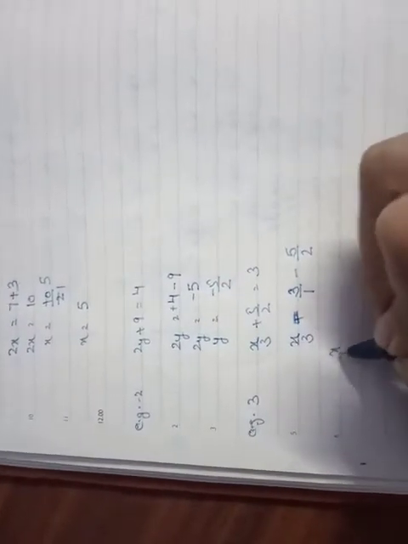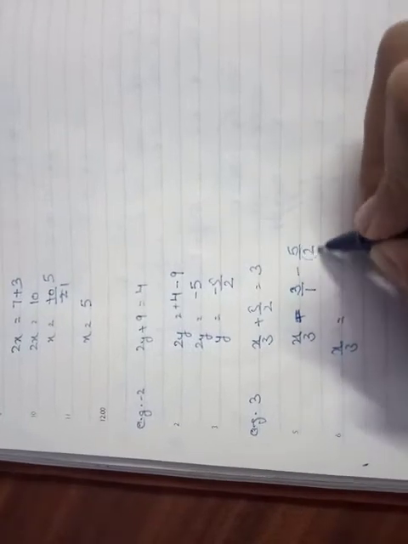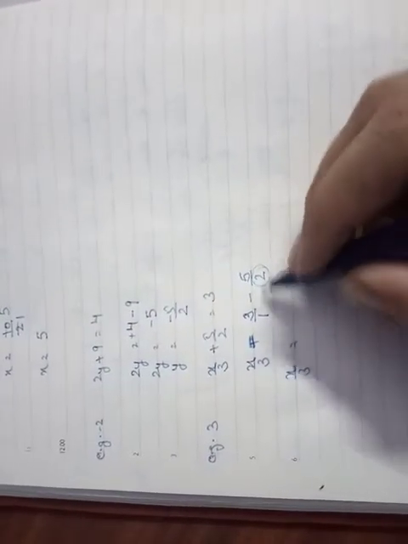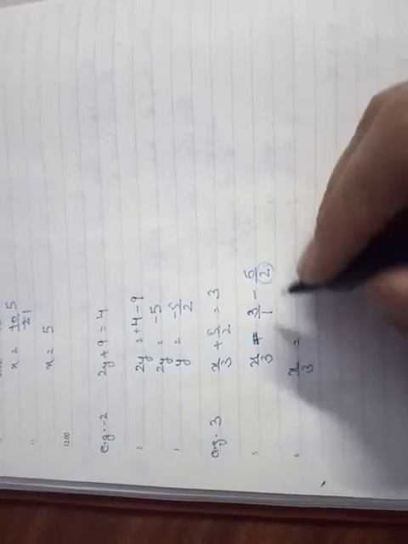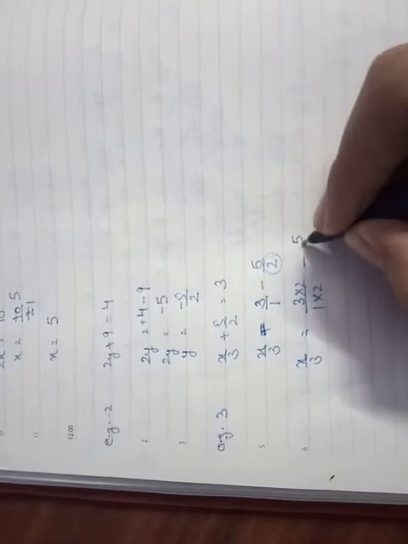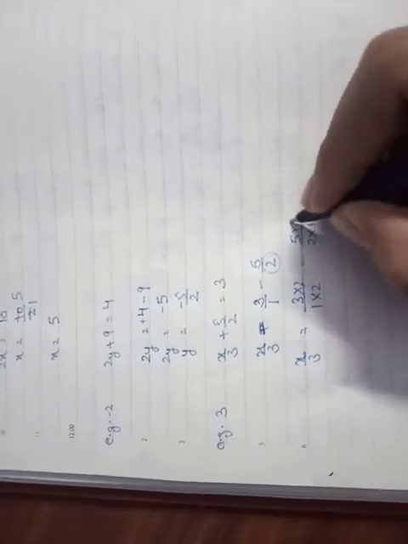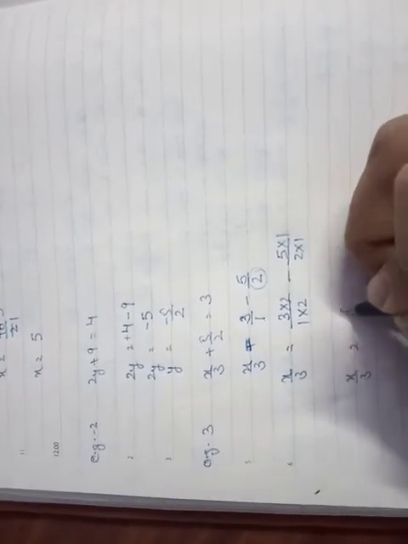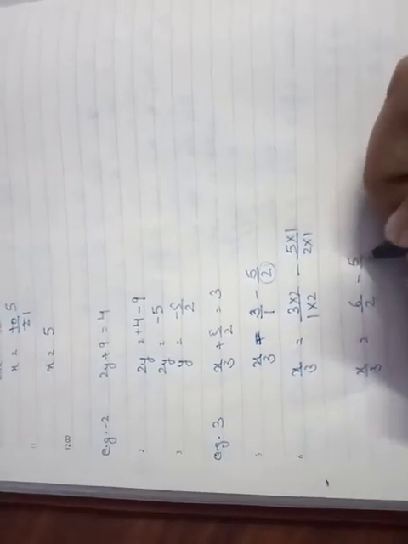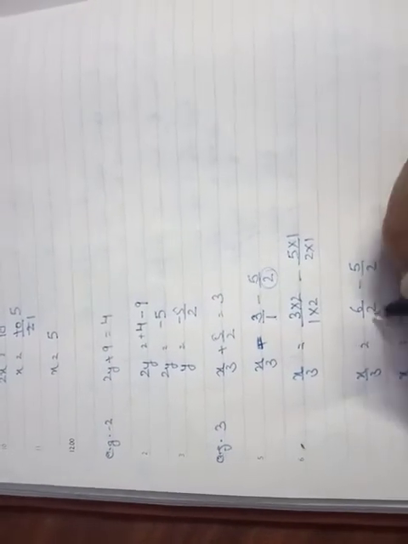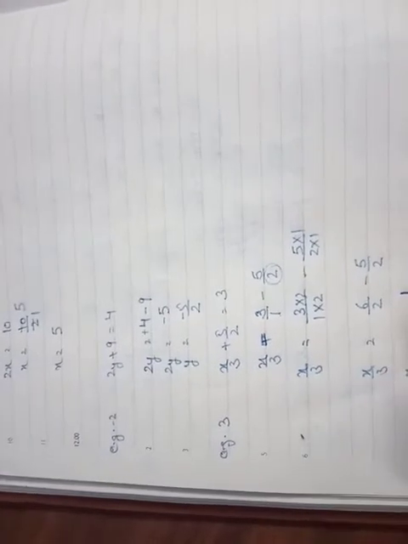Now here I am going to take the LCM because there is 2 in the denominator of 5 upon 2 and there is 1 in the denominator of 3. You have to compare them, find the LCM of both and convert the denominators to the same, as you usually do many times. Okay, simple. You can take the LCM here. There is 6 upon 2, there is 5 upon 2. X upon 3 is equal to 6 minus 5, which is 1 upon 2.